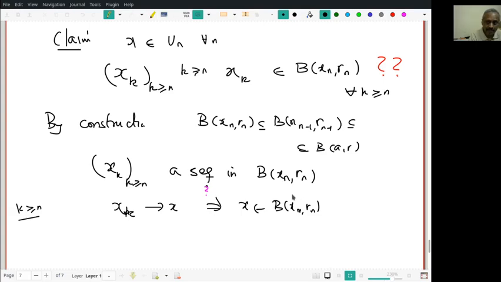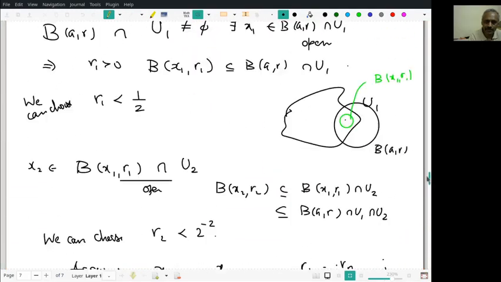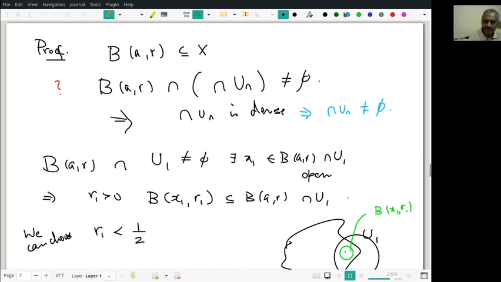But what do I do now? If somehow I know this is a closed set, I will be happy. But this may or may not be a closed set. But I can do something wonderful. Let's go back. See, this is what you miss in textbooks. They will start from the beginning, so you are led by the nose. You just verify things work out properly. The proof is rigorous, but you don't know how to modify the proof.